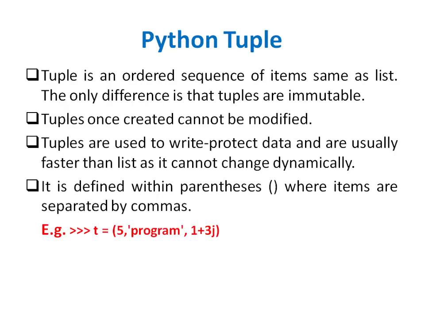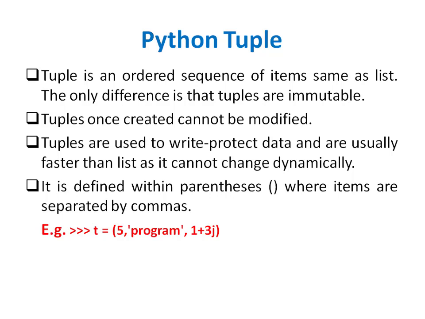The second data type after this is tuple. A tuple is an ordered sequence of items, same as a list. So you can say that tuple and list are similar. The only difference between a tuple and a list is that it is immutable. Also, since it is an ordered sequence of items, you can access the elements of a tuple by using its index. So tuple is also indexed and it is similar to list. The only difference is that tuple is immutable. That is, you cannot change the elements of a tuple, you cannot replace them or modify them, whereas in case of a list you can do so.